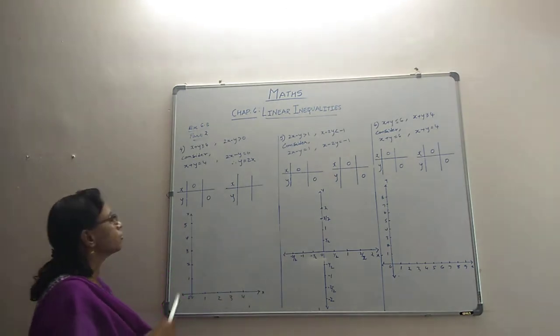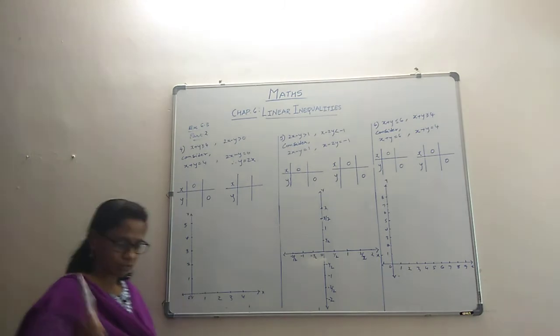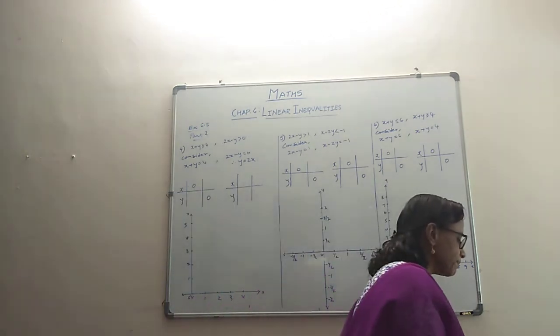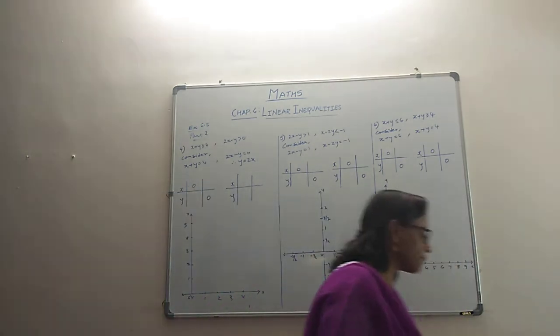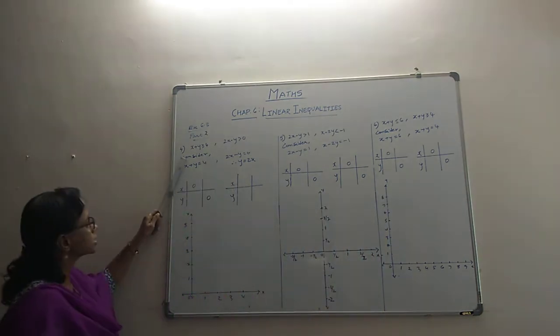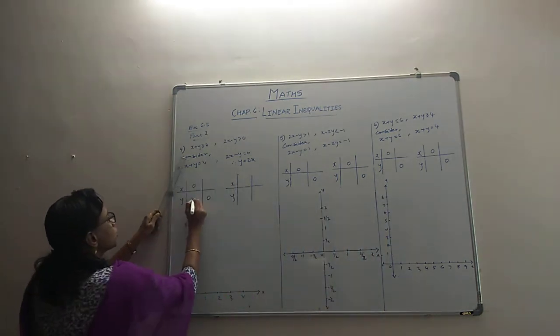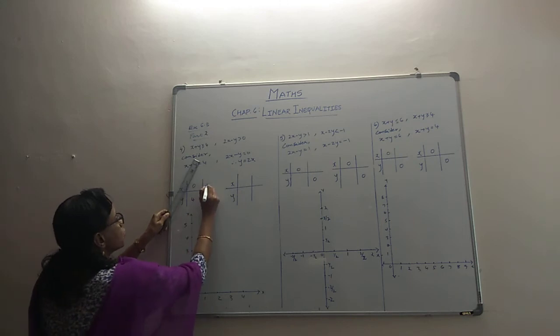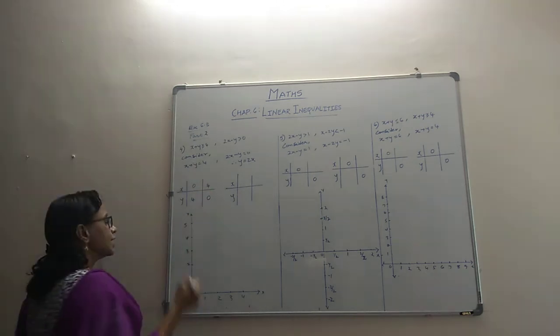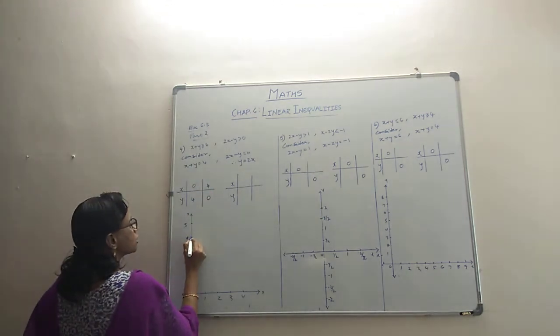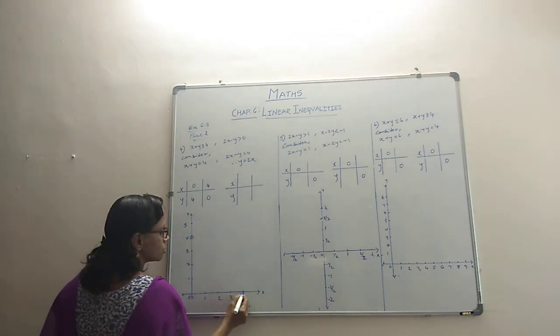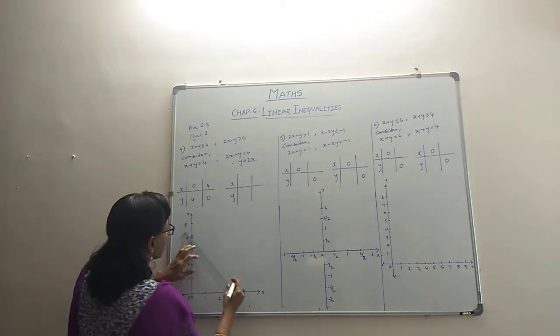Okay, so right away x plus y equal to 4, we do our normal logic that we do all the time: x is 0, so what happens to y, and y is 0, what happens to x. X is 0, y becomes 4; y is 0, x becomes 4. So you have those two coordinates. Let's plot it right away. 0, 4 is our first coordinate, then 4, 0 is our next coordinate. Like that we get the line.